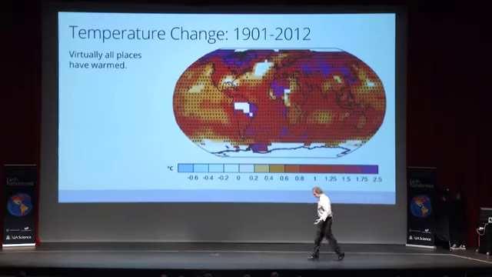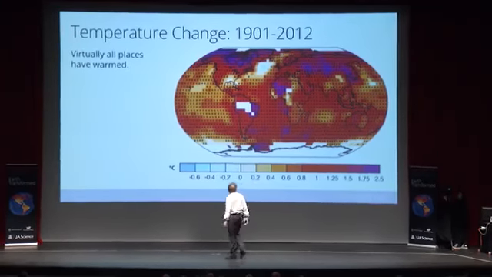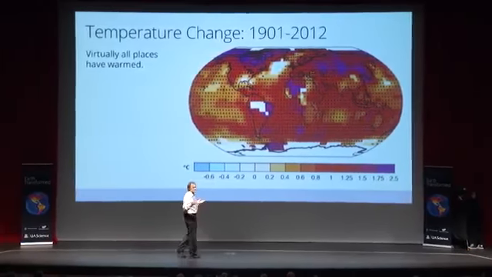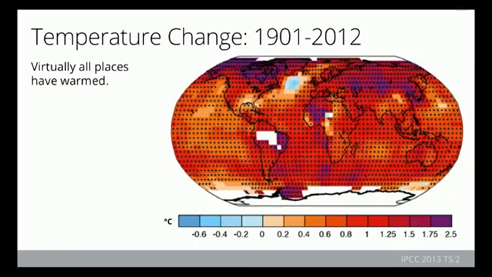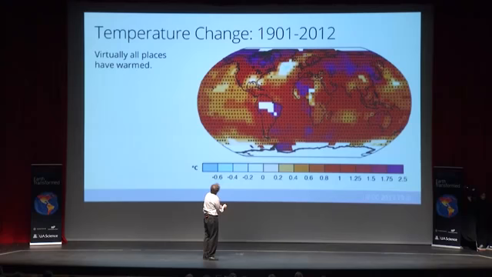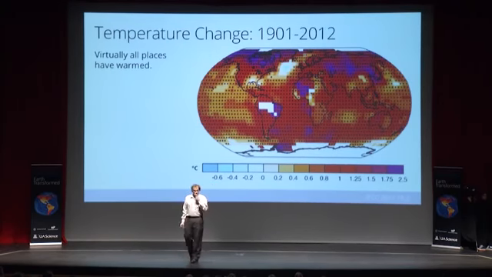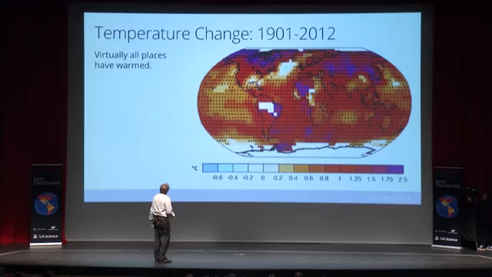Now, not all places have warmed equally. The world average increase is about 1 degree Celsius. But if you look at this plot here, you see that the continents in general, there's a little bit of purple up here, which is almost 2 degrees. And there's a lot of reds, and the oceans are kind of more oranges. So the land warms more than the ocean. The Arctic is warming faster than, say, the tropics. All these things are exactly what you expect when you increase carbon dioxide in the atmosphere.